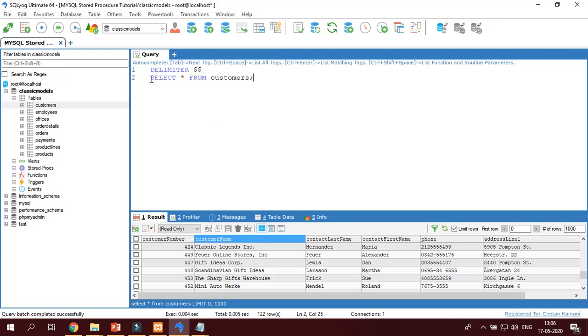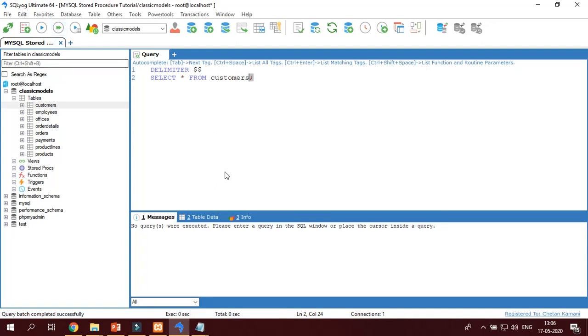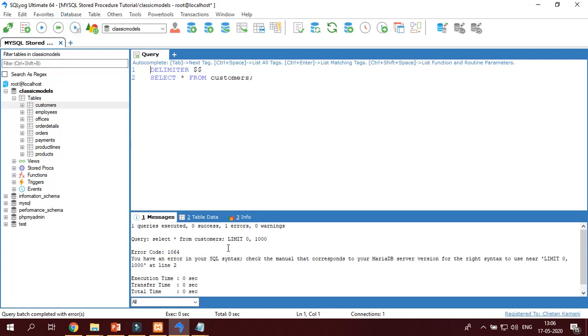Then MySQL compiles this query. Here I have written delimiter as a semicolon, then execute this. It will generate an error because now MySQL knows that $$ is the separator and you are using semicolon as a delimiter.